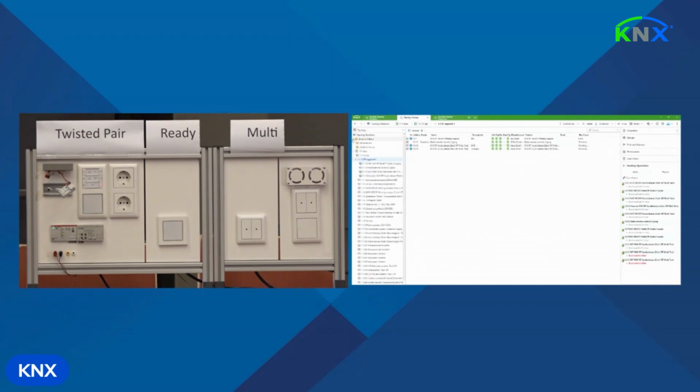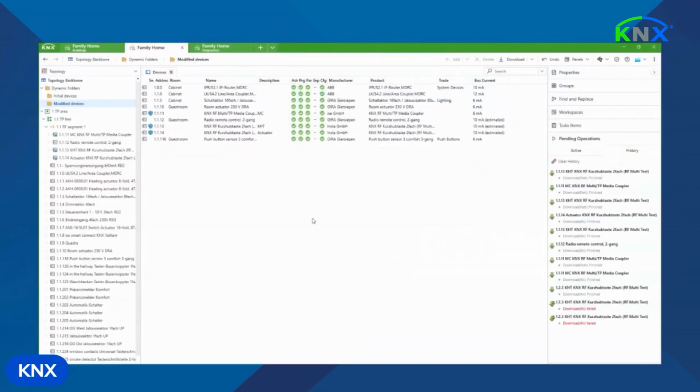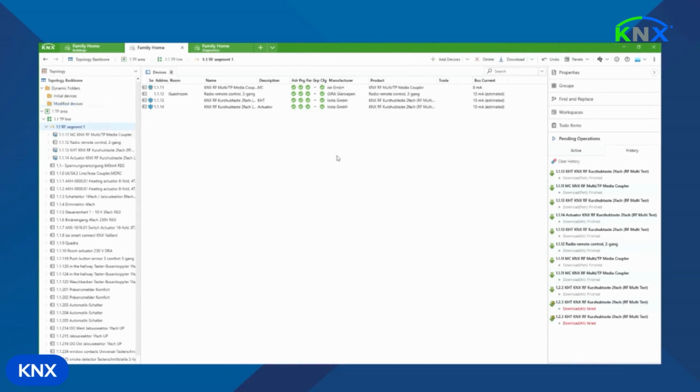there's also the modified devices. I never use these folders. You should, and maybe in the future we will make them more prominent in ETS. If you go to the modified devices, you see all of the devices which do not have all of their programming flags set. And the modification that we did just added 4 devices to this list of devices which need to be reprogrammed. Wow. So we can do this now, or you believe me, I'm not sure about the time,